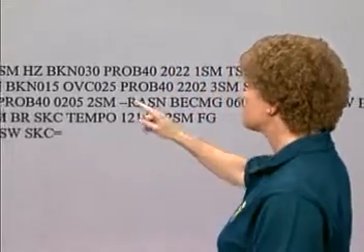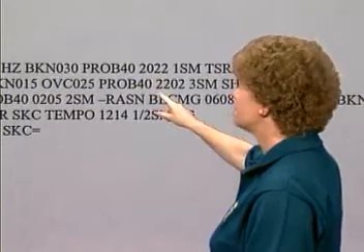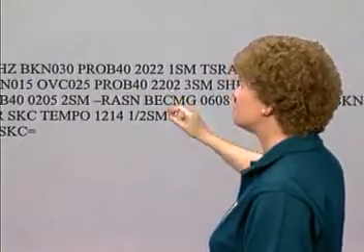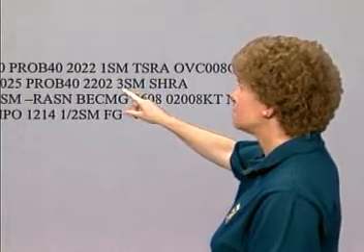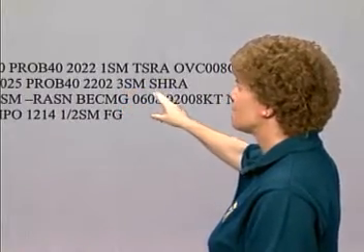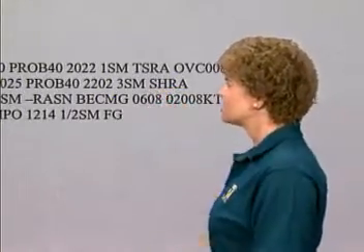And here's another PROB 40, a 40% probability that between 2200 Zulu and 0200 Zulu, the weather is going to get worse. How much worse? Well, the visibility is forecast to go down to 3 statute miles with rain showers. The RA stands for rain and the SH for showers. By the way, SH stands for showers whether you see it connected with RA for rain like here or SN